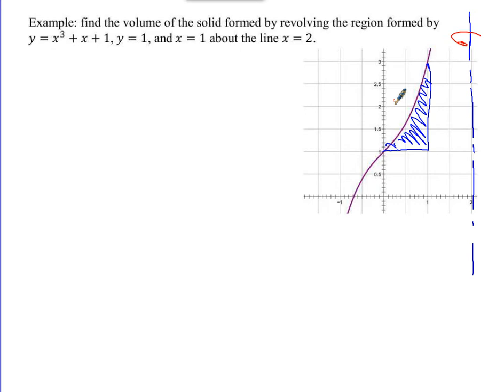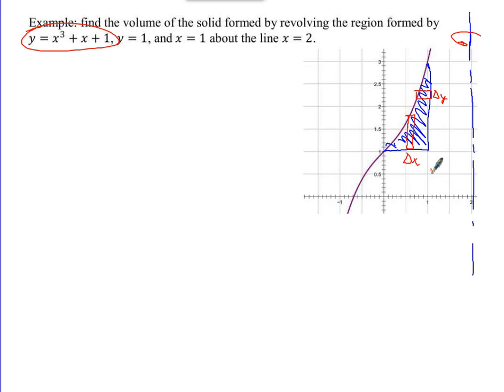With this axis of revolution here, the shell method would give me a representative rectangle that's parallel to that. So this would be my representative rectangle. The washer method would give me a representative rectangle that is perpendicular to that. So this would be my representative rectangle. In this case, with the washer method, I'd need a delta y. We're already in terms of x here. So the better option is going to be